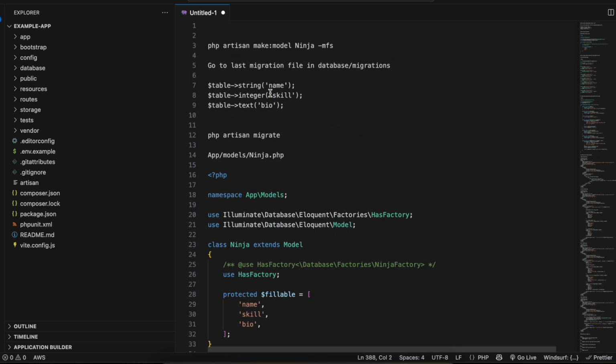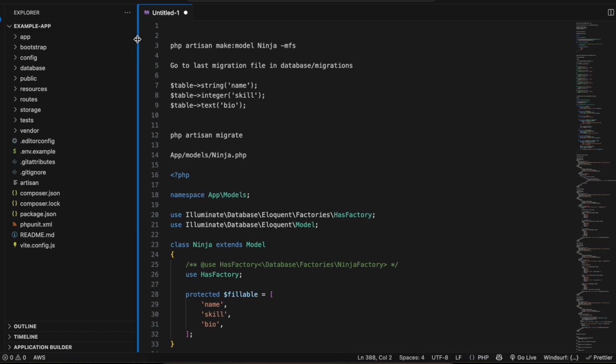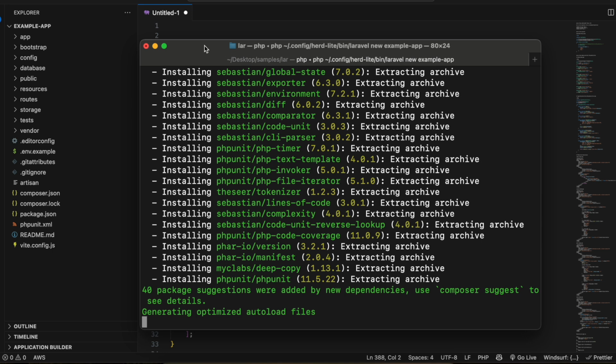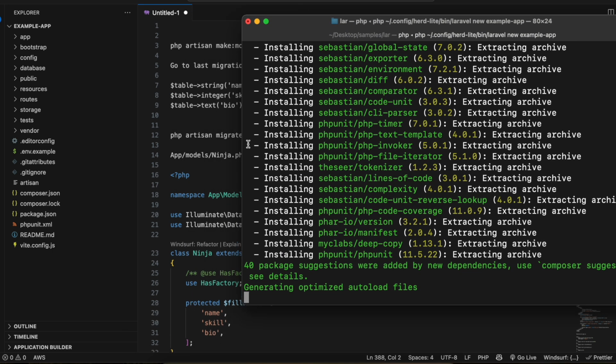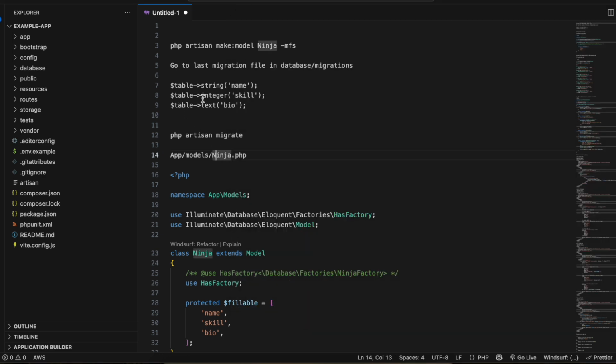Don't get too confused, we are not really creating the cheat sheet inside our Laravel application. It's just for me to quickly do all the stuff. So here you can see it is still building. Let's just wait for this to build. In the meantime what we can do is